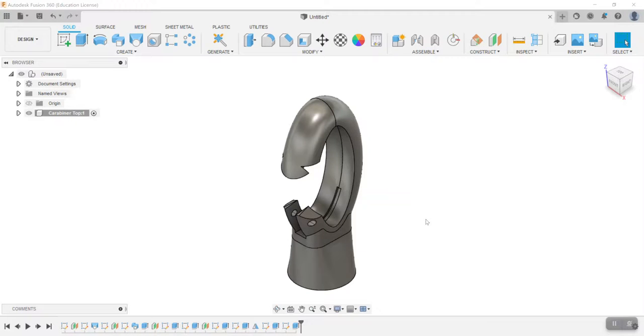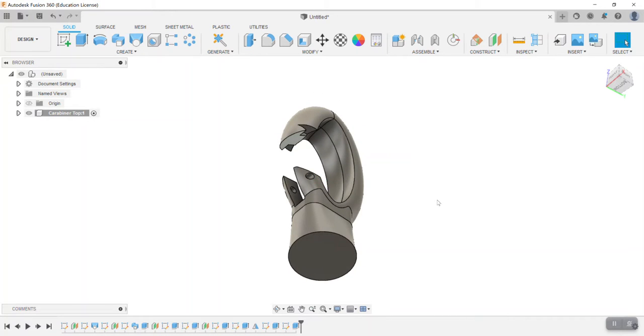This video will be part 3 of 3 for the carabiner top modeling process. In this video, we've got the majority of the carabiner top modeled. We're just going to go ahead and create the holes and the threading in the bottom of the carabiner top